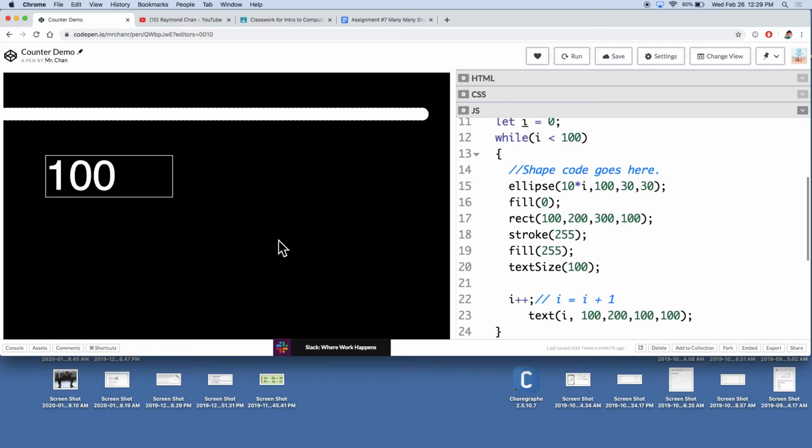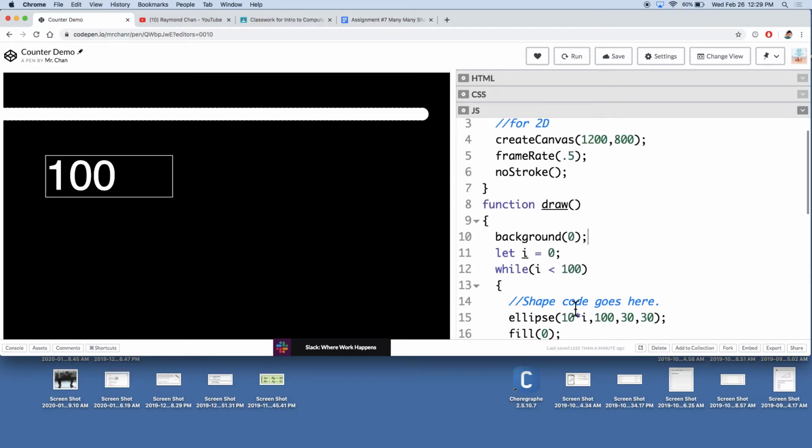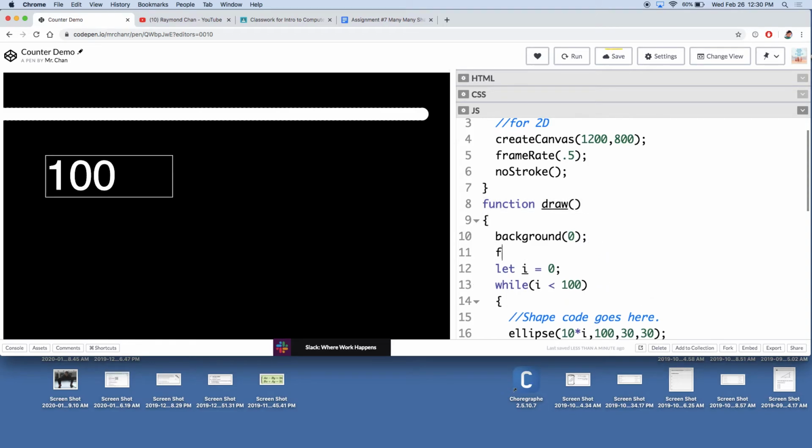So far, so good? Now we're going to change it up a little bit more. One way to slow things down, because the weird thing as you're learning is the draw function is actually a draw loop. That's what allowed you to make animations. Things get drawn over and over again. They might get updated, like some randomness, so on and so forth. That's how we made animations. So there's a loop inside a loop. But what we want right now is really just the one on the inside. So to kind of get that counter motion,